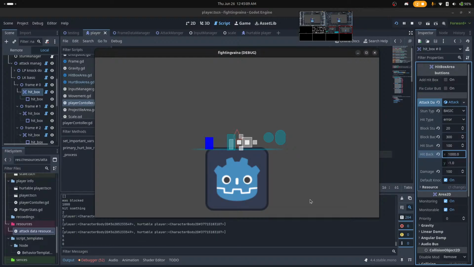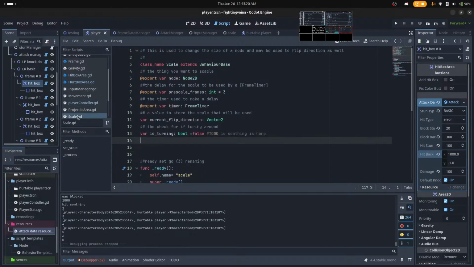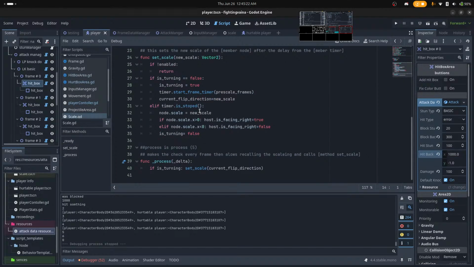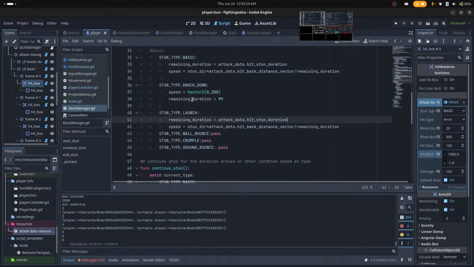It's not doing anything. Okay. I don't think I have the stun defined for continuing forward walking.